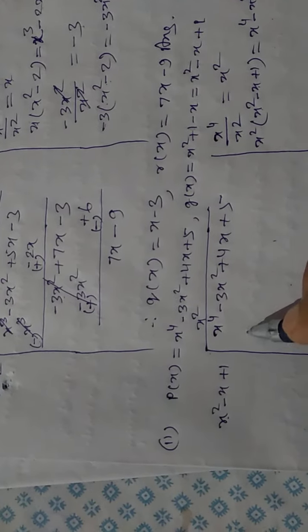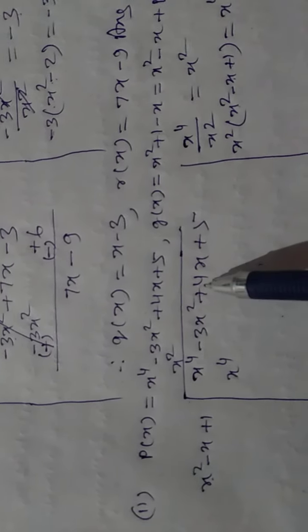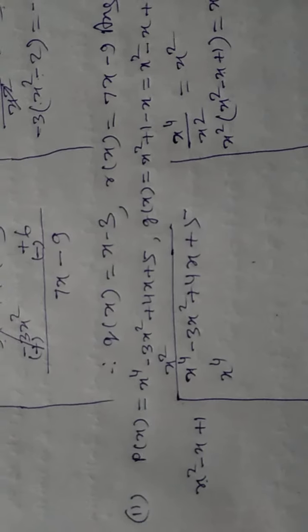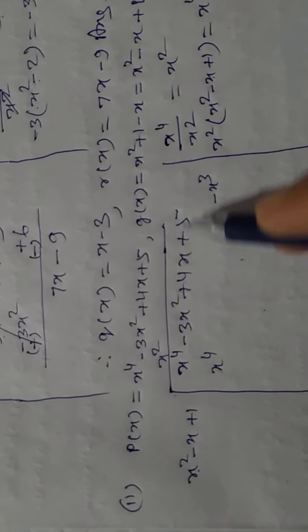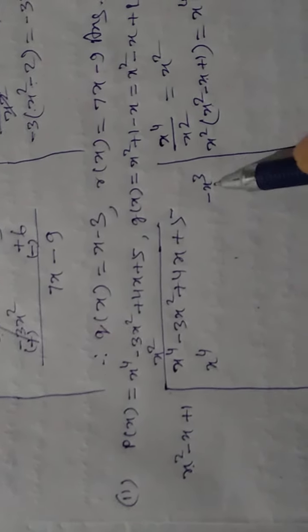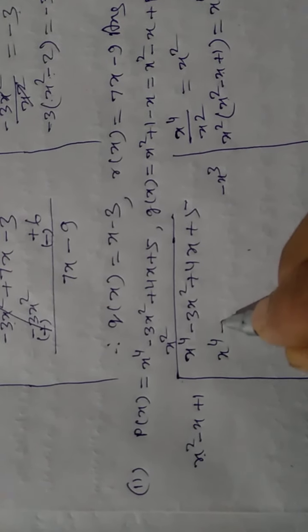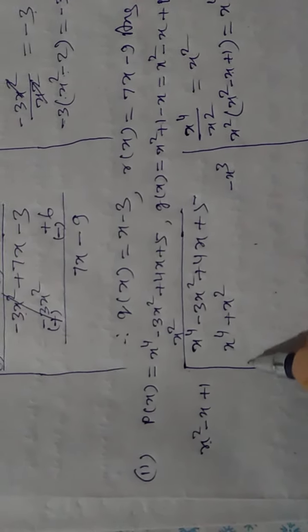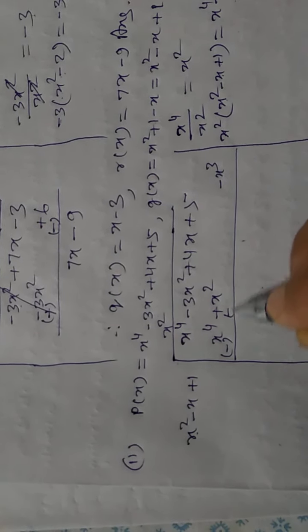So here you will write x to the power 4 minus x cube. Now see, there is no term with the power 3. That means you will write this separate, and it is minus x cube. We wrote it outside: this is power 2, this is power 1, here x cube is not present, so keep it outside, because no like term is found here. Plus x square below this x square. Now change the sign for subtraction.